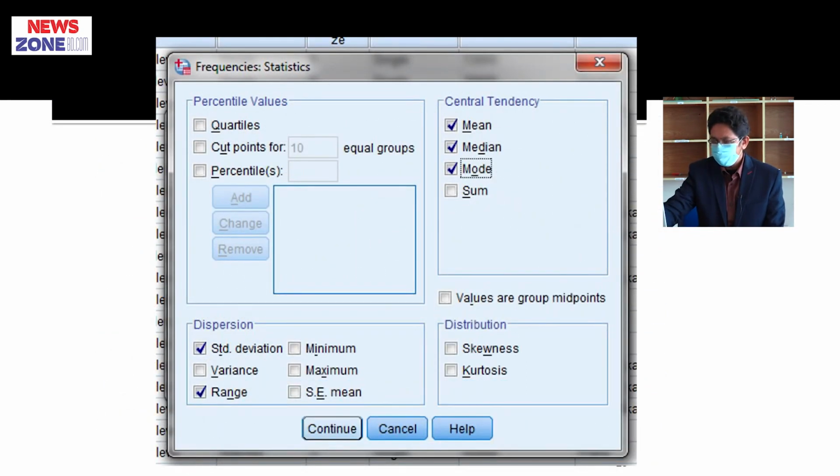Then we can perform several things. One is Statistics. If we click on the Statistics button, this page will come and we can decide which statistical information we need. We can click on mean, median, mode, standard deviation, variance, range, minimum value, maximum value. These are the options for quantitative data. If the variable is quantitative, we can select these things. Otherwise, we should not select anything in case of qualitative. Then we have to click on the Continue button,